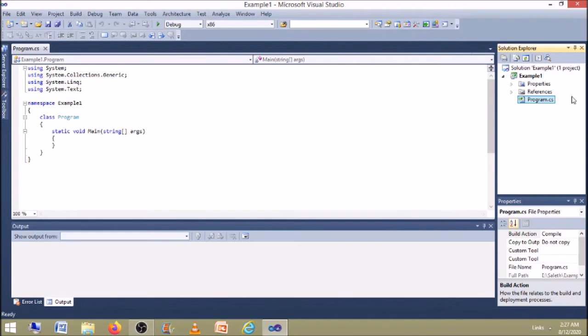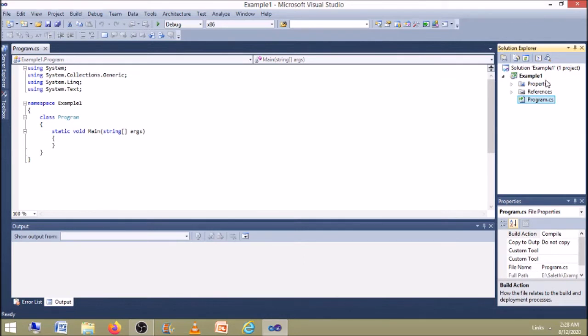In the Solution Explorer window, there are some options. The first one is Solution Example 1. So we have changed the name as Example 1 for the solution and for the application. Okay. So now this file is example1.sln. Actually the file name will be like this, example1.sln. This is the top level solution file, of which there is one per application. For one application there will be one solution. Each solution file contains references to one or more project files. Here Example 1 is called one project file. Likewise, the solution can have references to more than one project file.